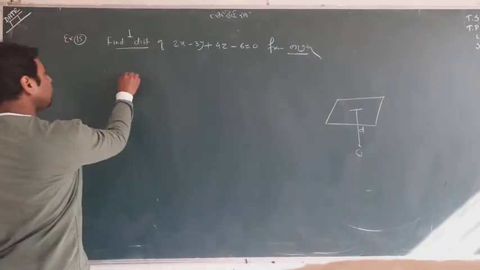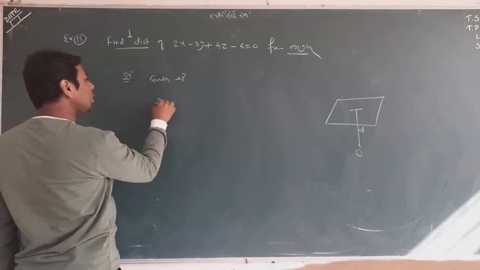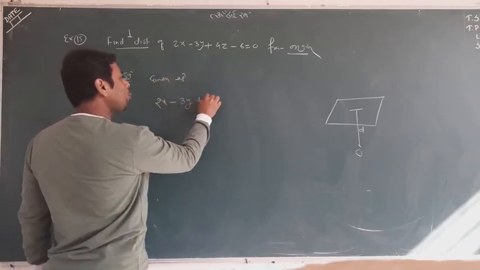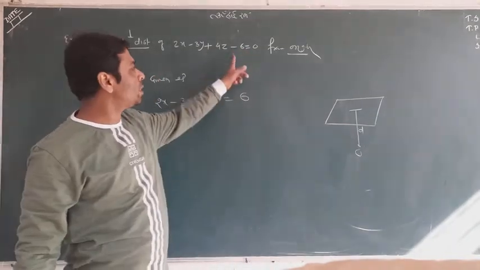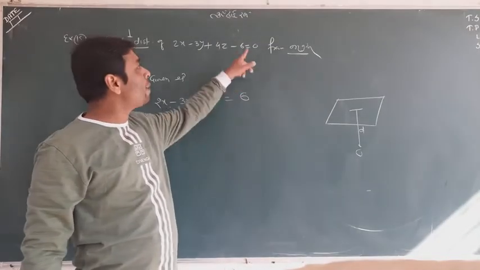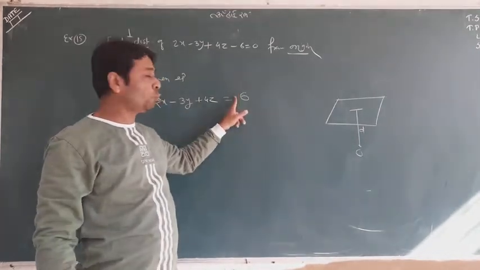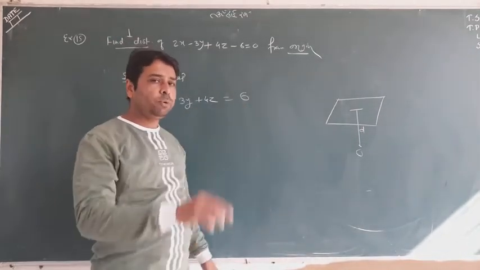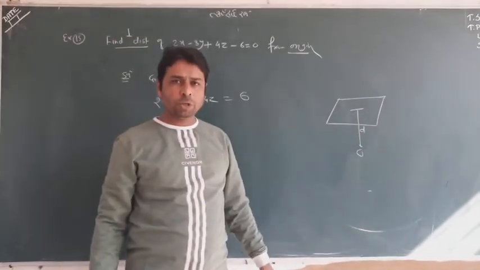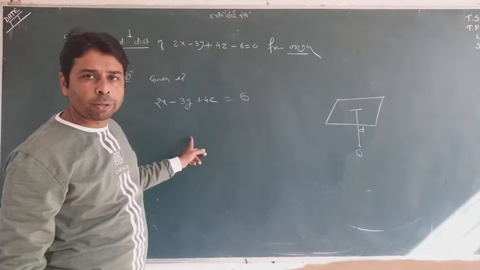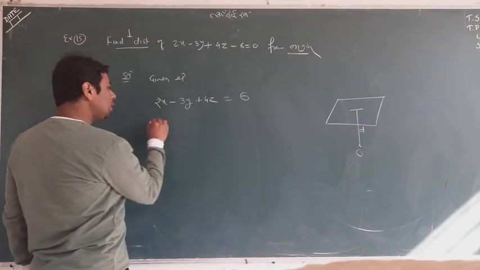So what is the normal form? I tell you. First write the given equation in a manner that puts the constant on the right side, which should be positive. So minus 6 becomes 6 now. If it is plus 6, transfer it to the other side, but the constant term should be positive on the right side. Now what will you do? This is the general form, and for finding that d, you have to convert it into the normal form. How can you get the normal form? This is ax plus by plus cz equal to d. Now divide by.